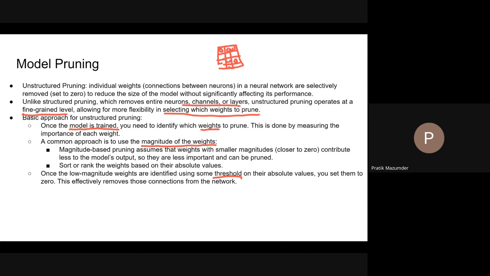Or maybe with some prior knowledge that getting, say, more than 50% compression might significantly hurt your performance, so you don't attempt that much, you attempt maybe something less. And based on whatever hyperparameter threshold you come up with, you set those values that do not follow the threshold to 0. And effectively, because you're zeroing out a particular portion,